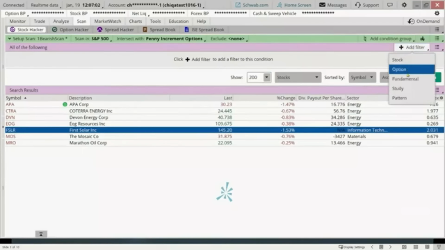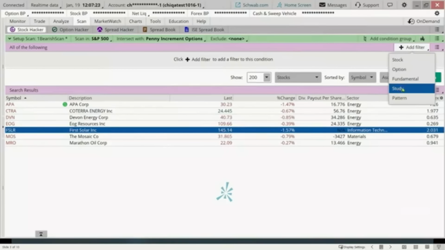It has different types of filters. Now, some of the scans I may do today may employ study filters. This particular one doesn't, I don't think. Let me double check. I've got to think about this one.